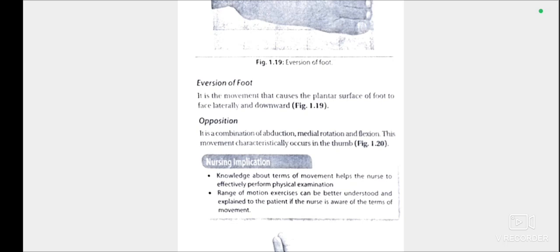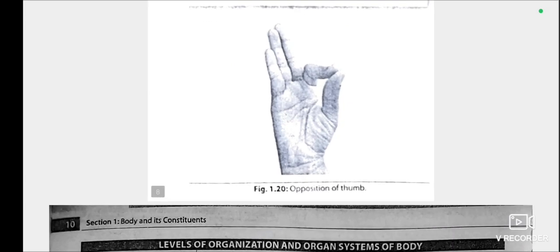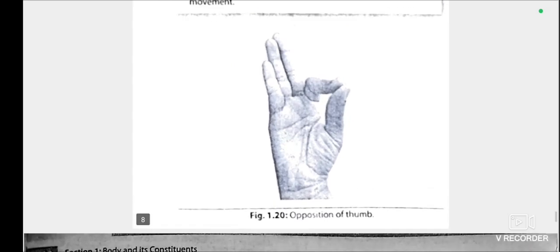Opposition. It is the combination of abduction, medial rotation and flexion. This movement occurs in the thumb. You can see the position of the thumb. Okay,